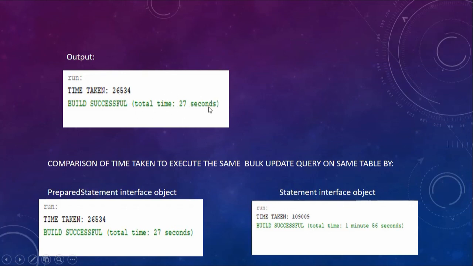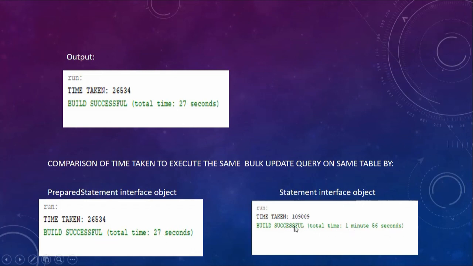Whereas when I modified the program to use a statement interface object instead, on the same database and the same table after making it empty, inserting 999 rows again, the time taken was 1 minute 56 seconds.